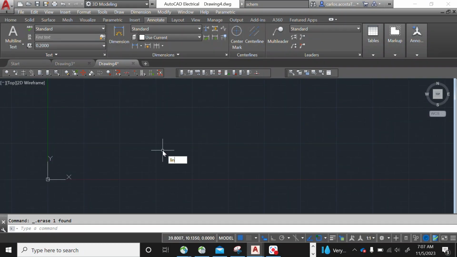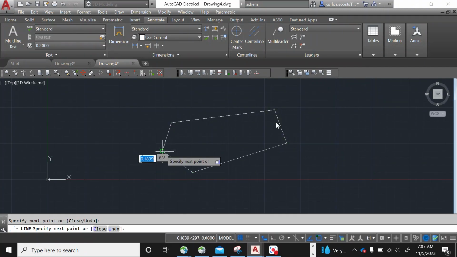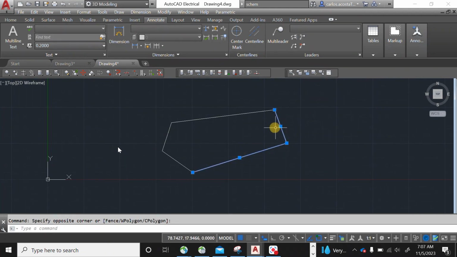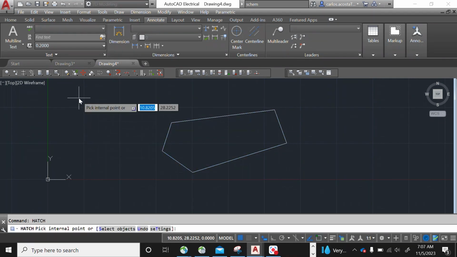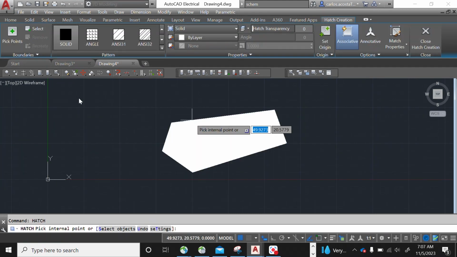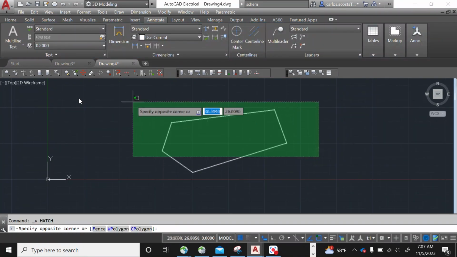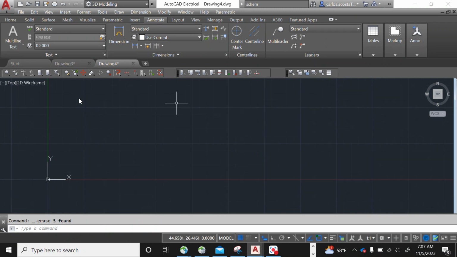Let's say we have polylines. In this case, it is closed, but each line is an object. So if you try to select them all and say hatch, you're gonna have an issue because, well, actually, no, you don't have an issue. That's not a good example. Let's try and do